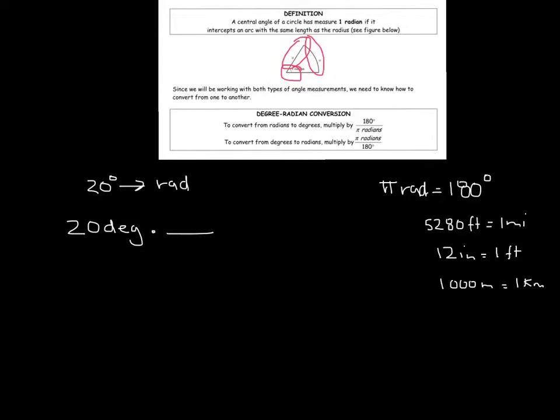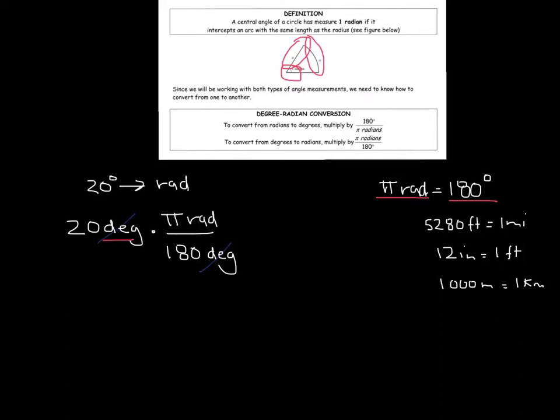Well, pi radians is equal to 180 degrees. So you would want to get the units to cancel. So therefore, if degrees is on the top, which it is, you want degrees to be on the bottom. So you're going to put 180 degrees here and pi radians up here. And this way the degrees cancel,